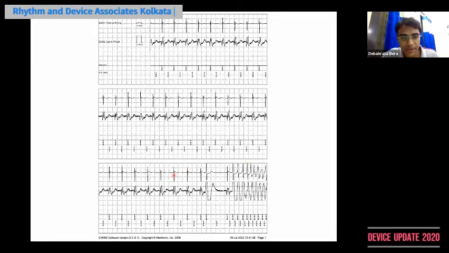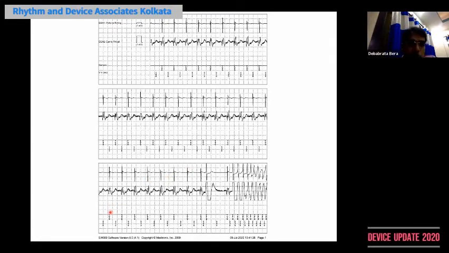Just look at this one. Now in Medtronic devices, you do not get the scoring here. You get the scoring, but not on the screen itself. It comes as a summary. I'll discuss that as well. So what you see here,